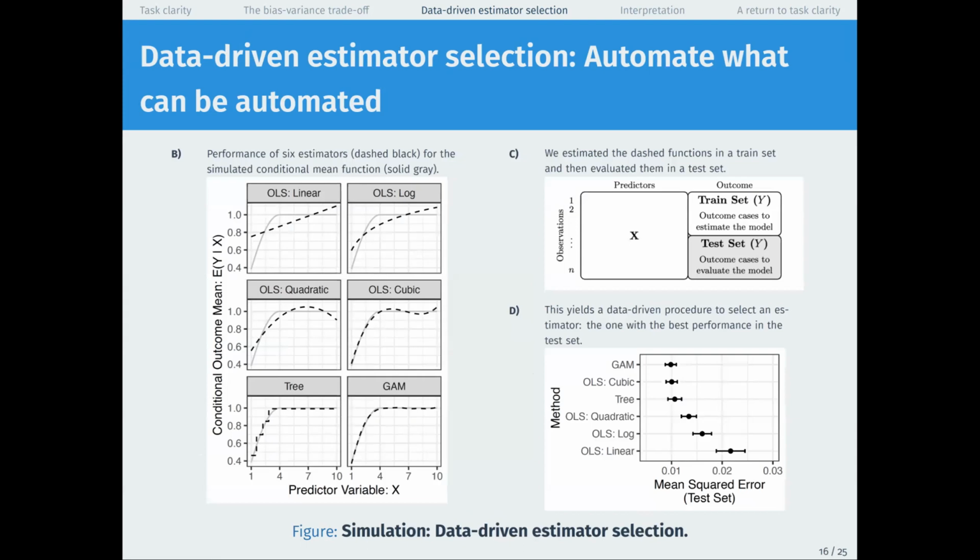So we then considered a series of estimators. These range from, at the top left, ordinary least squares, a very simple classic statistics estimator, all the way down to a generalized additive model here, which is an estimator that's designed to estimate smooth curves by sharing information locally across points that are nearby to each other on X. Now, because this is a simulated case, you can look at this plot and immediately see that the GAM is the one that's doing the best at approximating that true gray curve.